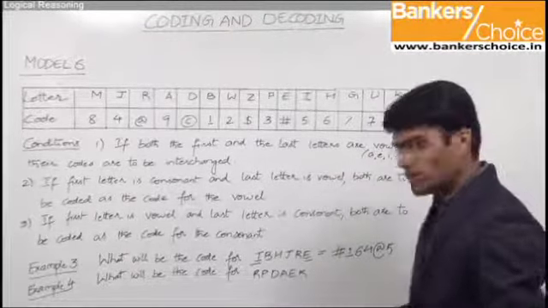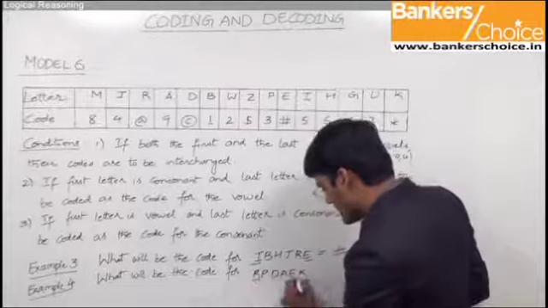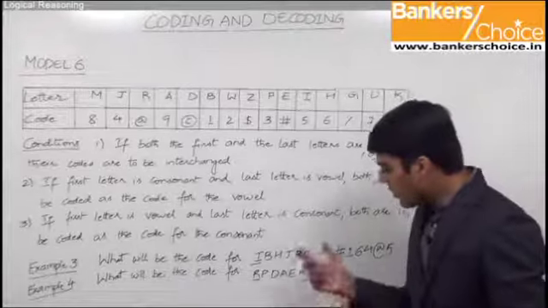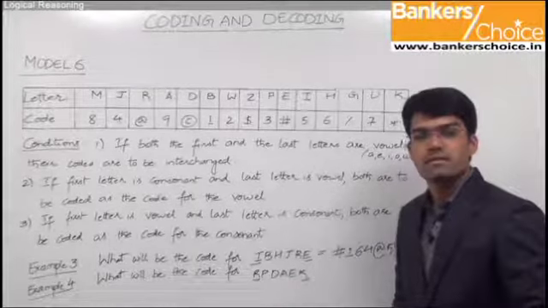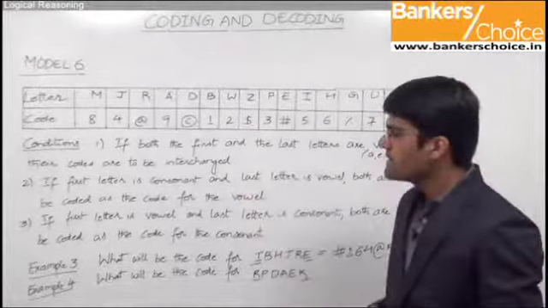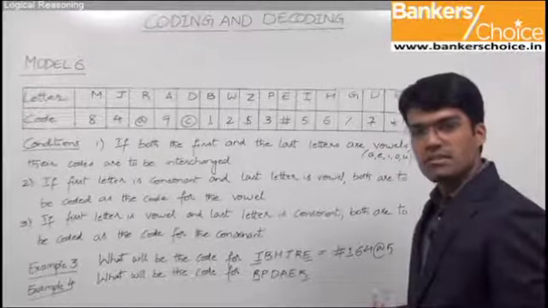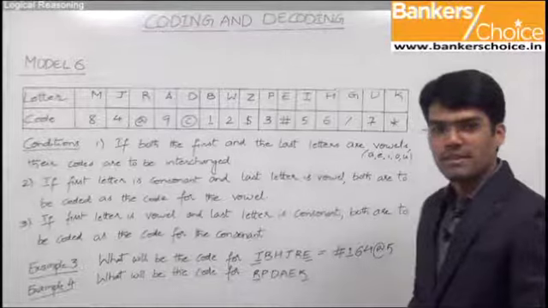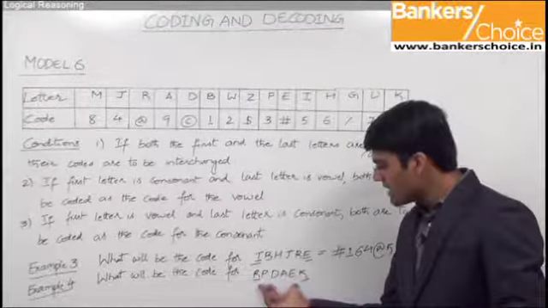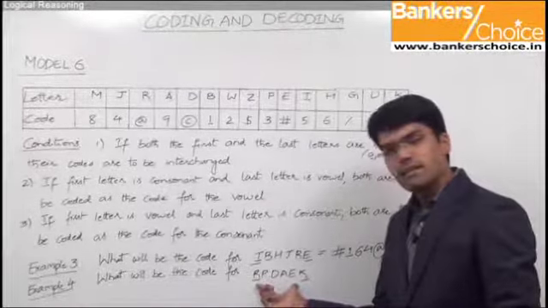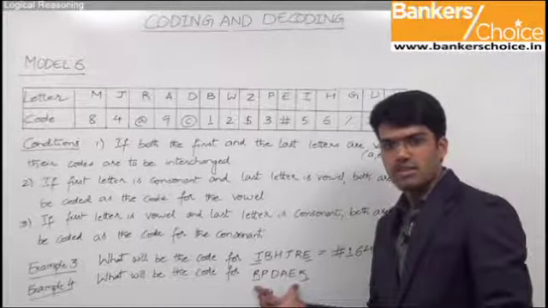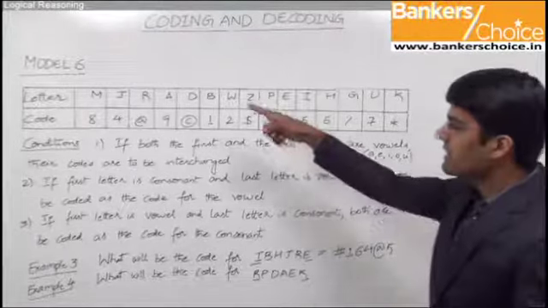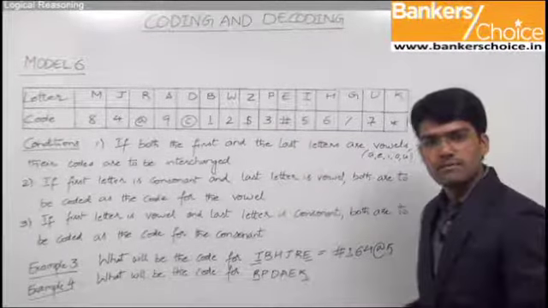RPDAEK. Now here if we take the first and last letters, the first letter is R and the last letter is K, and both these letters are consonants. And now from the given conditions, there is no condition which mentions both the first letter and the last letter as consonants. Therefore, there is no condition for this particular category where the first and the last letters are consonants. So here we should directly code the word by using the codes as given in the table without following